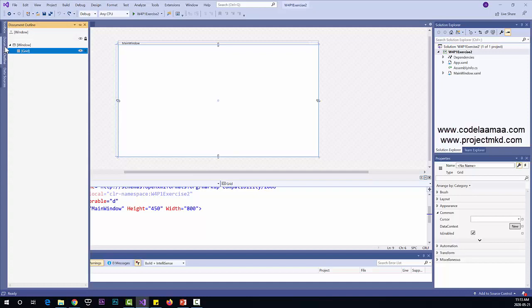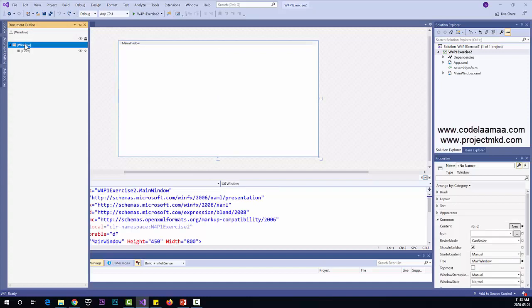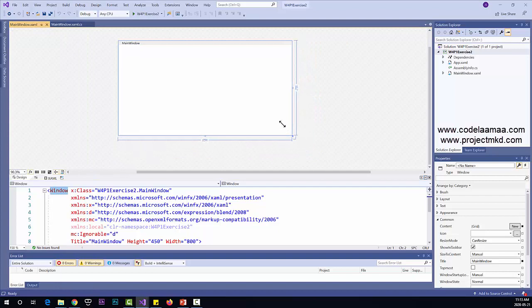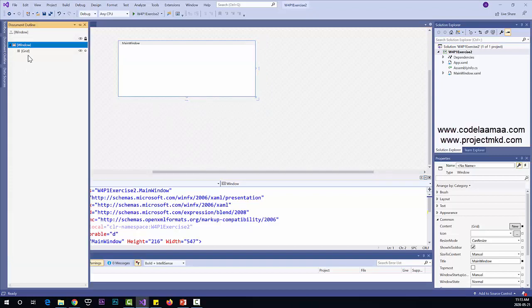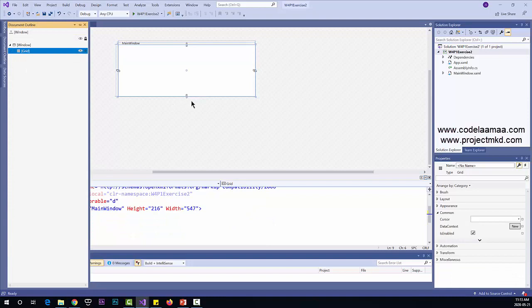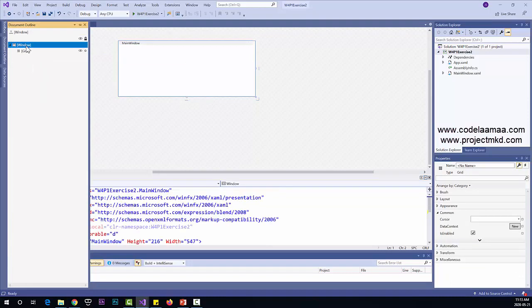Instead, let's look at document outline. So you can click on window there and try and reduce the size now. Now that's much better, and it should reduce the size of the grid as well. Right? So if I click on grid, it has also been resized. So again, to recap the trick to resizing your window is making sure the window is highlighted in your document